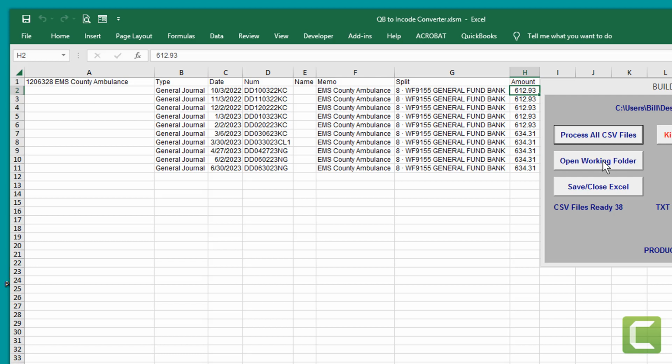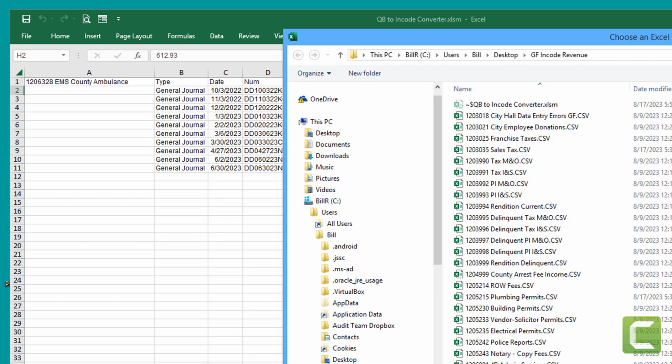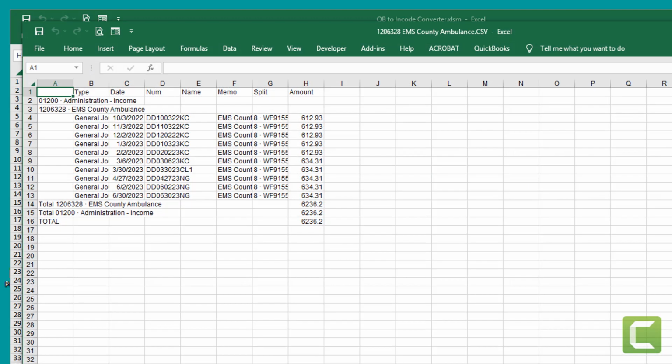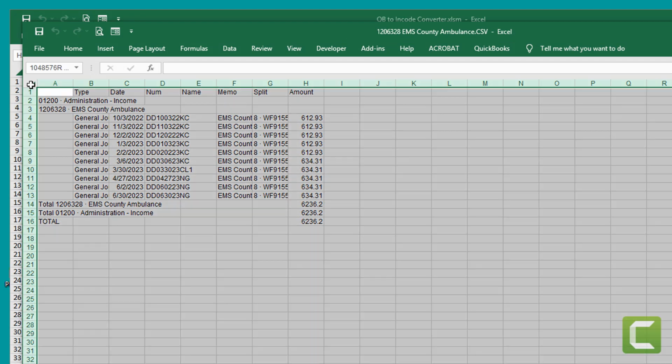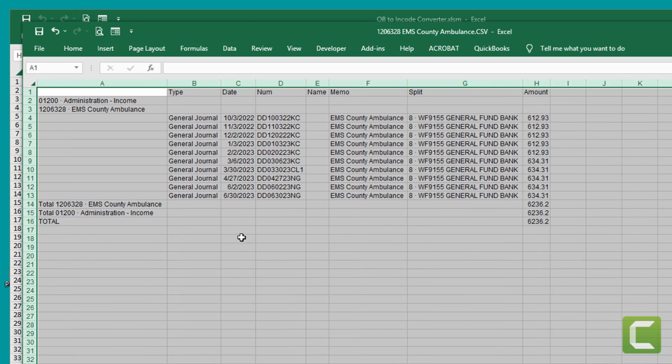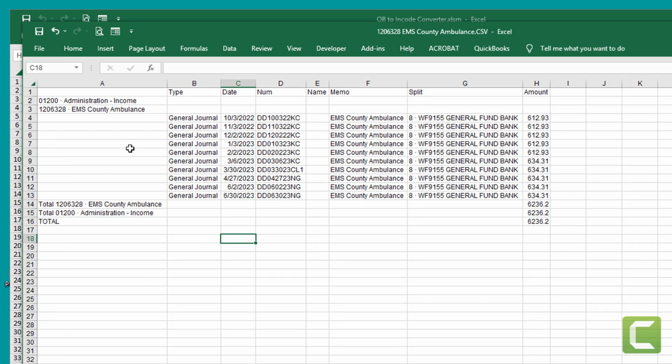So let's open the working folder. This is after the CSV is stripped. And where is that? And right there. So if we open the CSV, you can see what the code does. It takes out all this information, moves it up here, deletes these 2 lines or 3 lines or however many lines are blank between the header row and where the data starts.